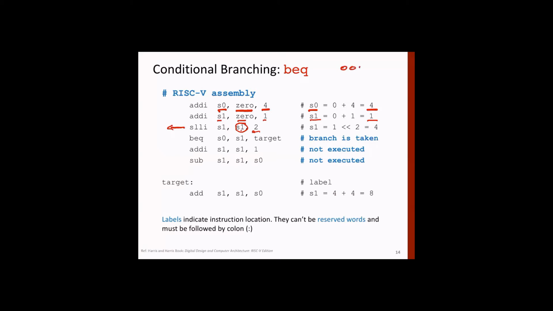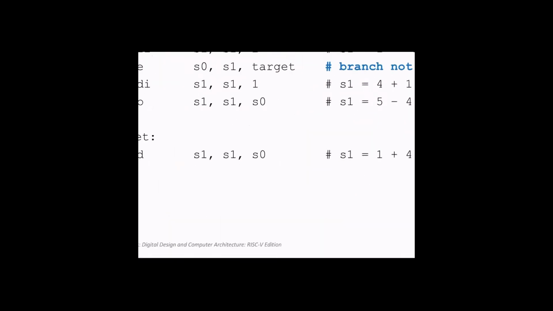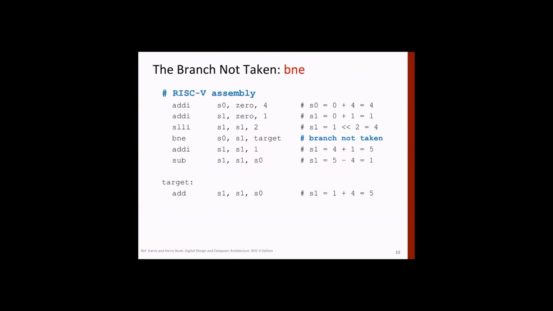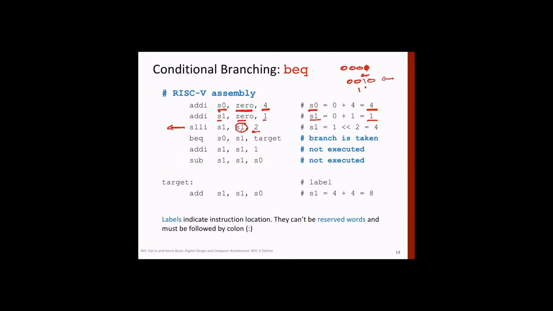Let's look at only 4 bits. So this is 1, right? If you shift it by 1 position, it will become 0 0 1 0, because you have to insert 0 from the left-hand side when you do a left shift. And if you move it by 2 positions, it becomes 1 0 0, which is 4. So basically it's becoming 4.